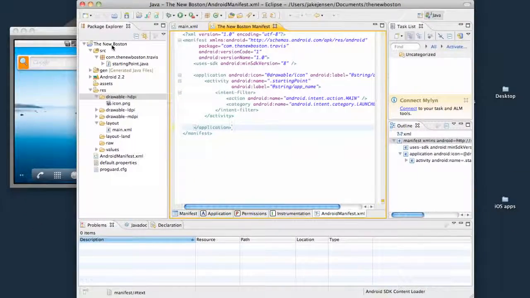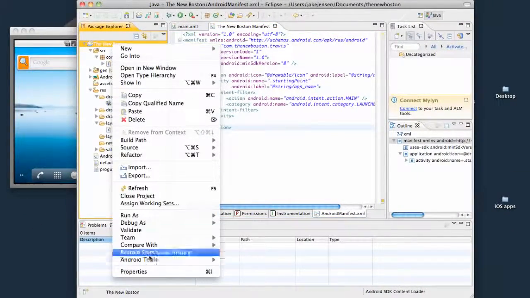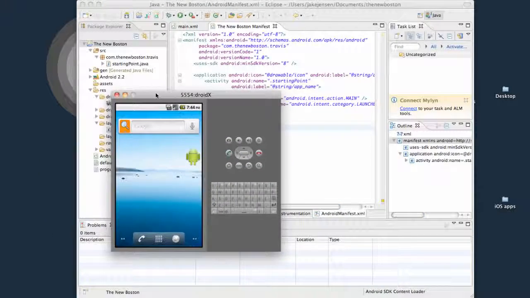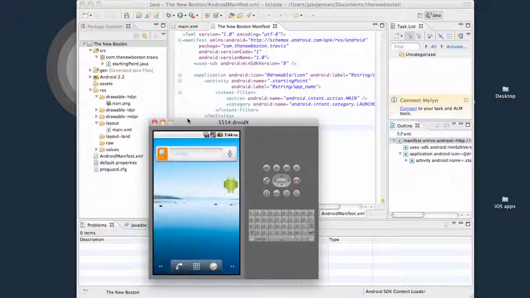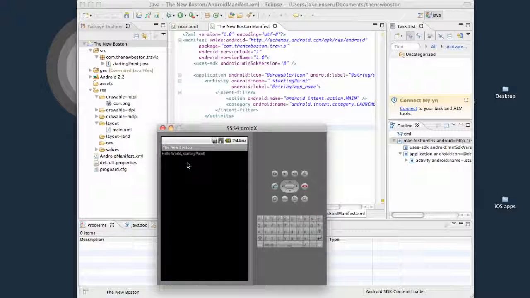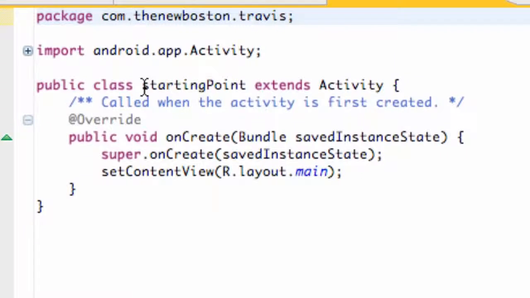The only other thing I want you guys to do real quick is right click on your whole package, go to Run As Android Application, and that's going to load up on our emulator. Again, I'm just going to briefly talk through everything that's happening. As it's installing onto our emulator, it's looking for the launcher item, like I said, within the manifest. Then it calls this starting point class that we set up right here, which is an activity class, and within the activity it sets the content view to